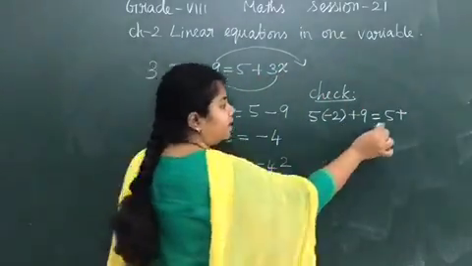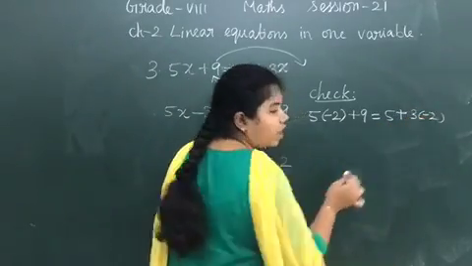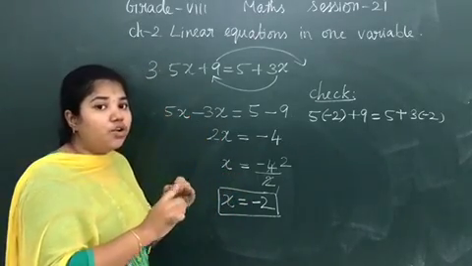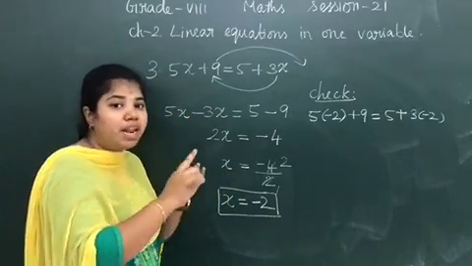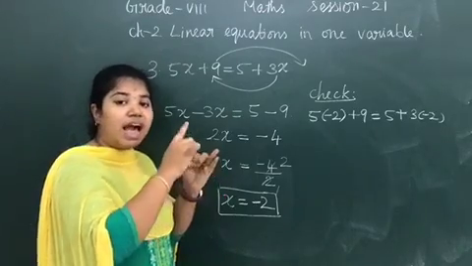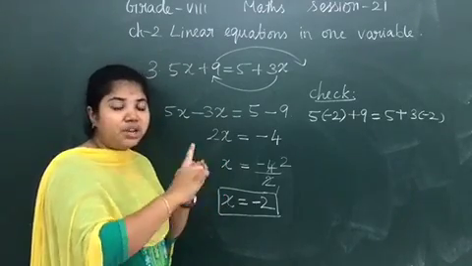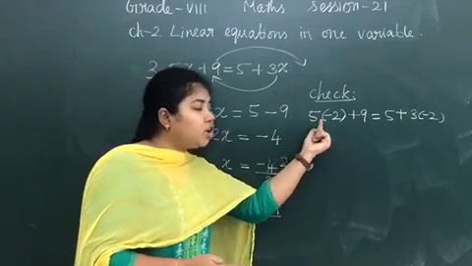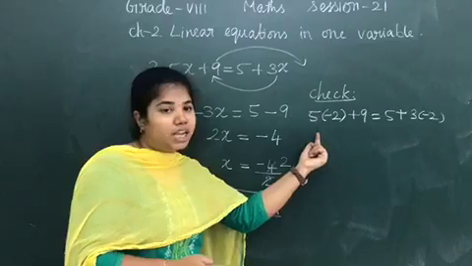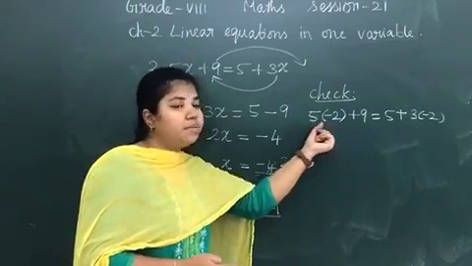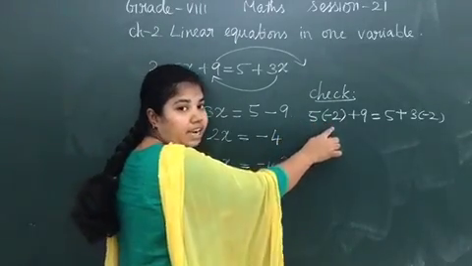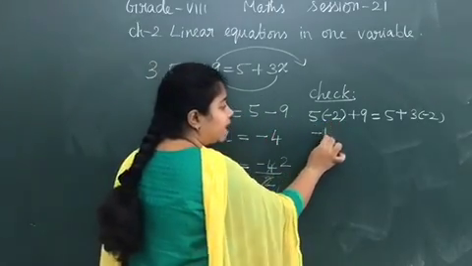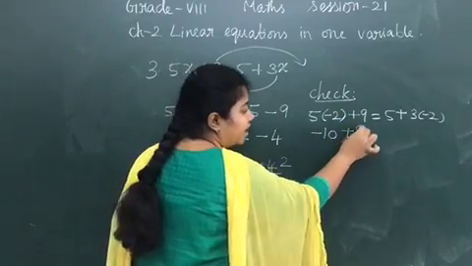3 into minus 2. Okay. What is 5 into minus 2? If it is addition and subtraction only, you have to think of, if it is same symbol, add. If it is minus and minus, add and write the minus symbol. One addition, one subtraction, subtract and write the bigger number symbol. But what is the basic operation in between them? It is multiplication. So multiply the number and write minus here. A positive number and negative number multiplied, it will be a negative number. So 5 into 2, it is minus 10. Here plus 9 as it is.